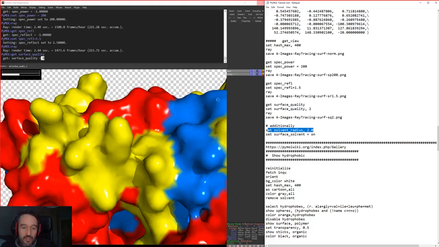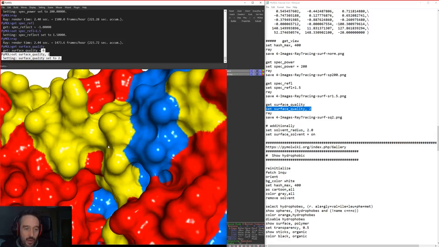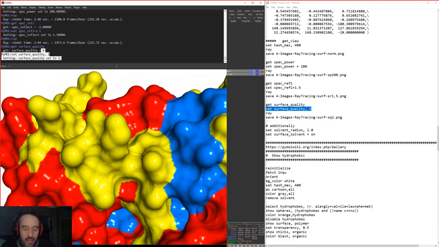And what we're effectively doing is rolling a water molecule all over the surface here and showing the interaction between our water molecule that we've rolled over the surface and our protein. And obviously the resolution at which we do that rolling of the water molecule over the surface is dependent upon the surface quality. So here now you can see that our surface is rendered a lot nicer,